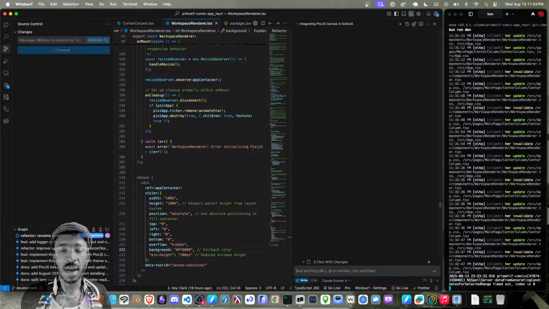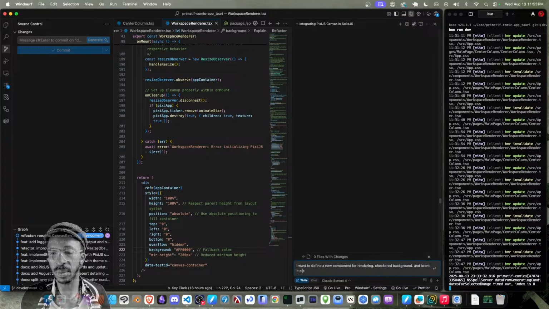So I want to define a new component for rendering a checkered background, and I want it to be configurable so that we can change the square sizes. And then I want to use this as the background for the